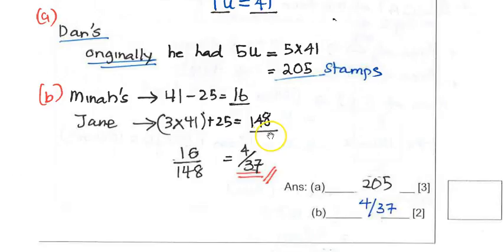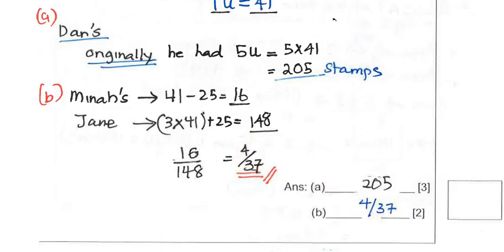So the question they ask is, what is the fraction for Mina and Jane? So it's 16 over 148. If you divide everything, you should get